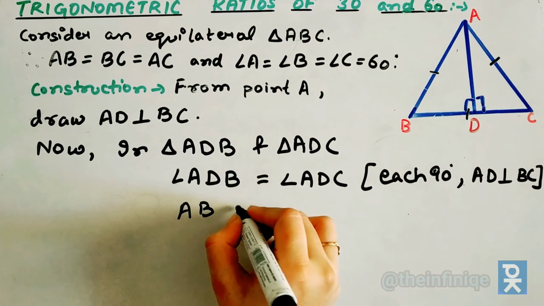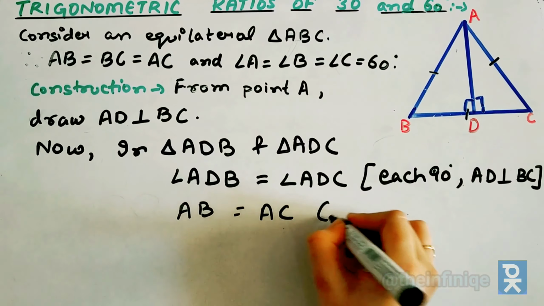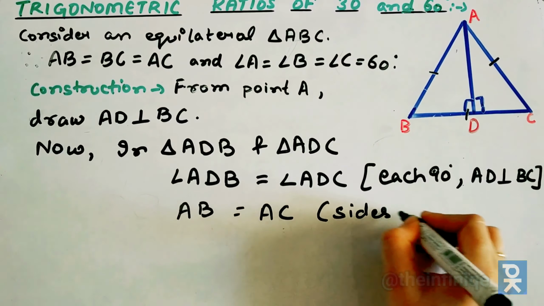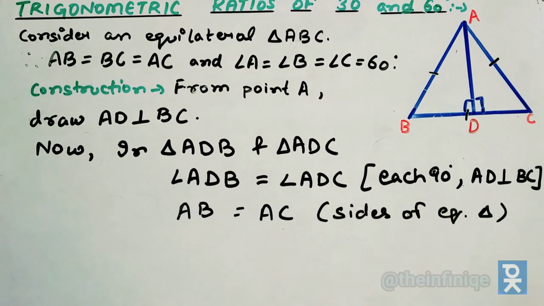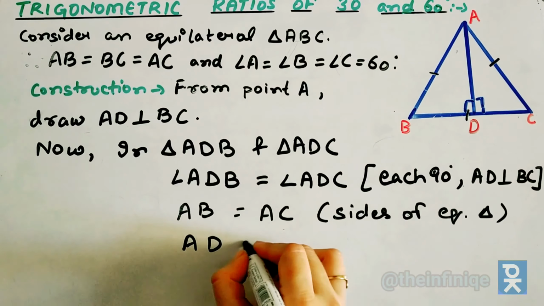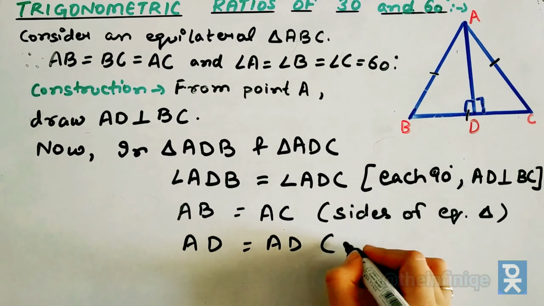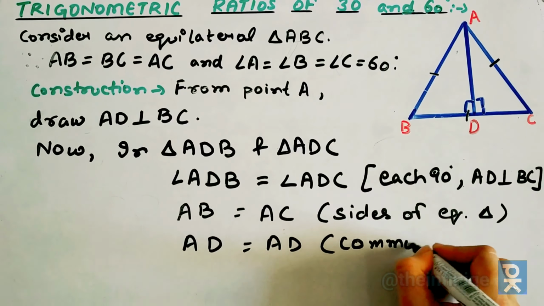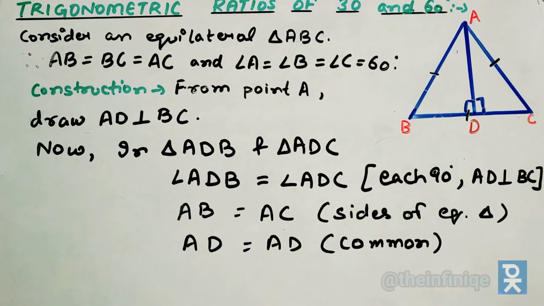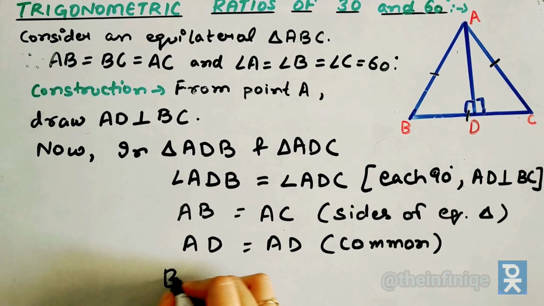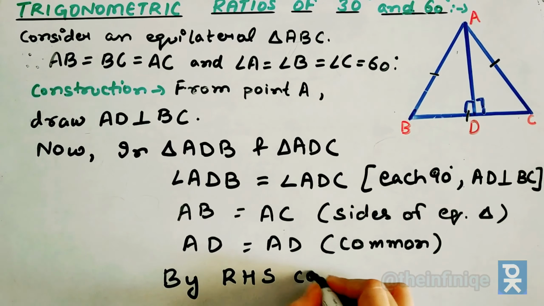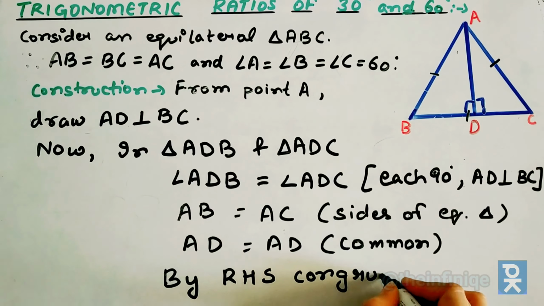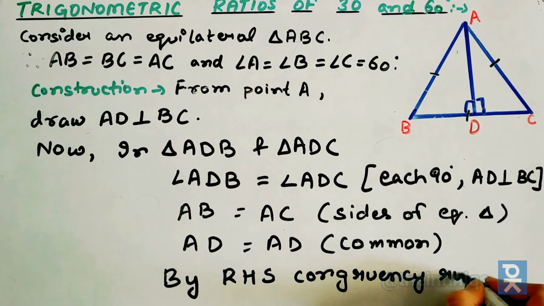AB is equal to AC, sides of an equilateral triangle are equal, and AD is equal to AD, common in both the triangles. So by RHS congruency rule, that is,